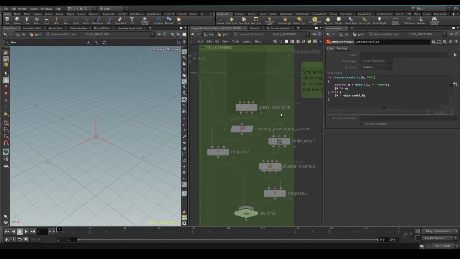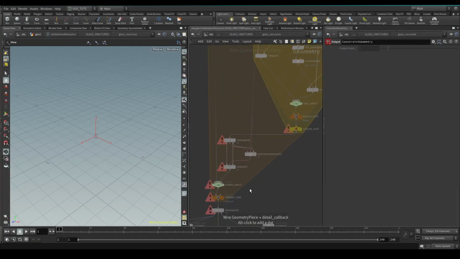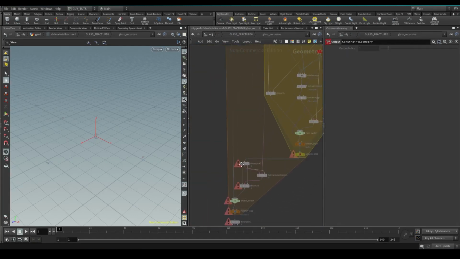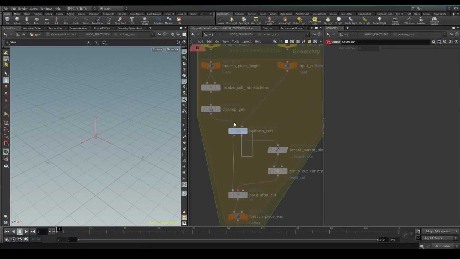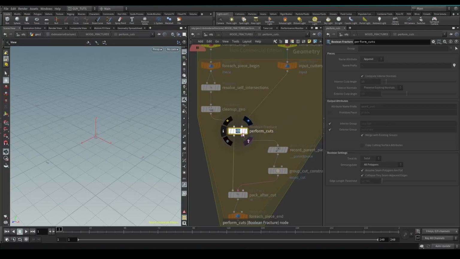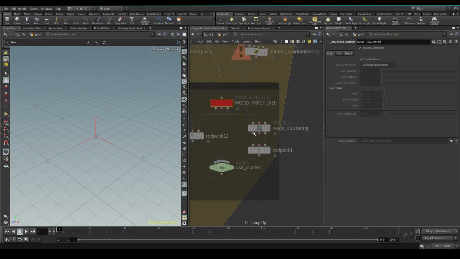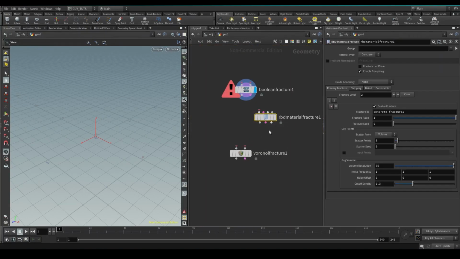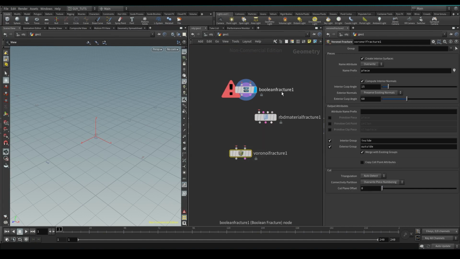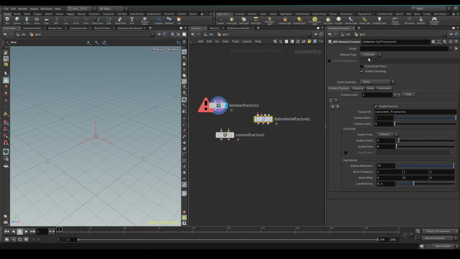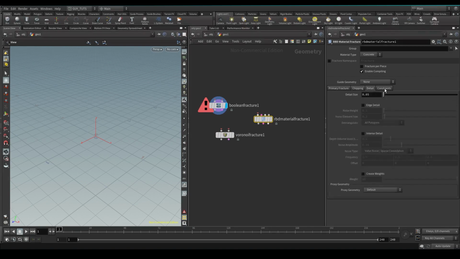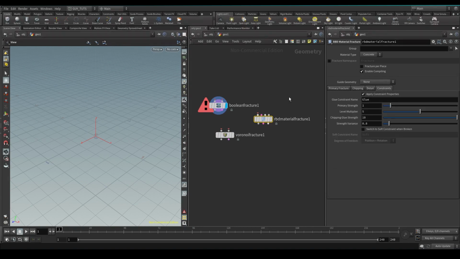So if you dive deep enough in recursive fracture, you'll see it. Yeah, so here's the Voronoi fracture here. Yeah, so the wood one will use a Boolean fracture. Well, that makes more sense. So essentially, this is wrapping various pieces of these into one super tool so that you can say, oh, concrete, glass, or wood. So yeah, if you're going to do specific materials and you like this, by all means, it's got chipping things in here, adding edge detail. It's pretty heavy, but